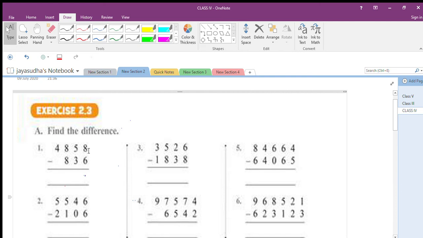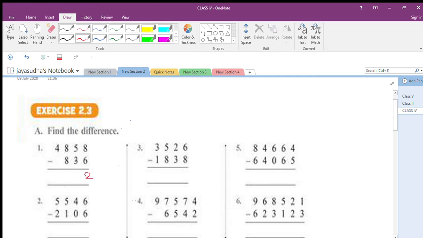How to find the value of 8 minus 6? Tell me, children. 8 in the mind, 6 in the finger. Count backwards from 8, children: 8, 7, 6, 5, 4, 3, 2. What is your answer? 2. So 8 minus 6 is 2. Then listen, move on to the next column.